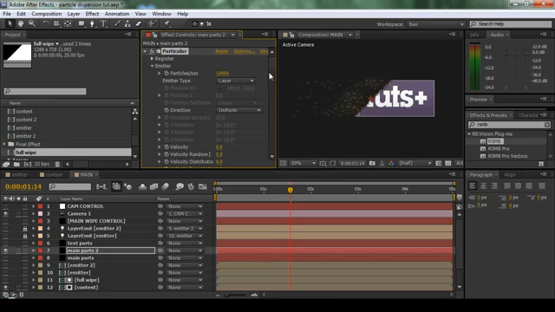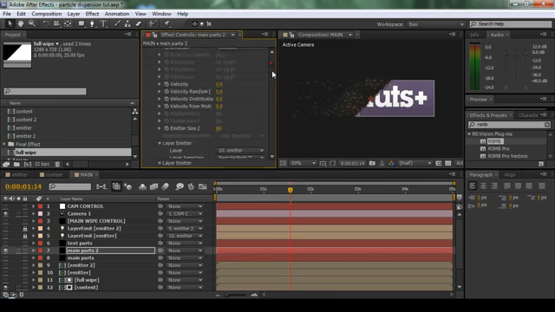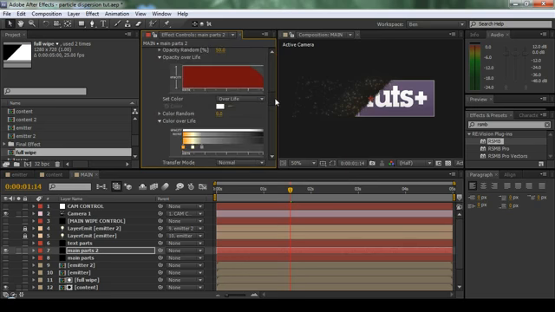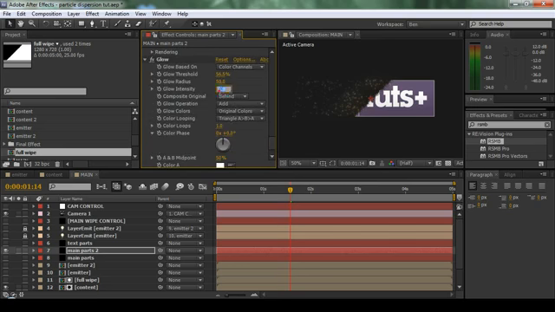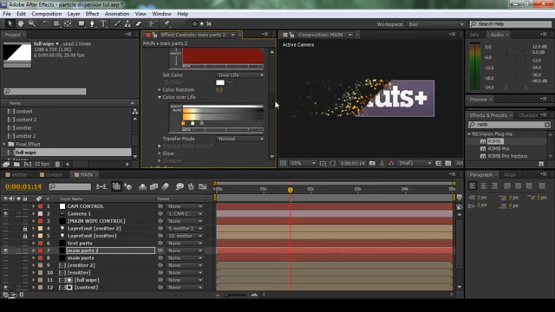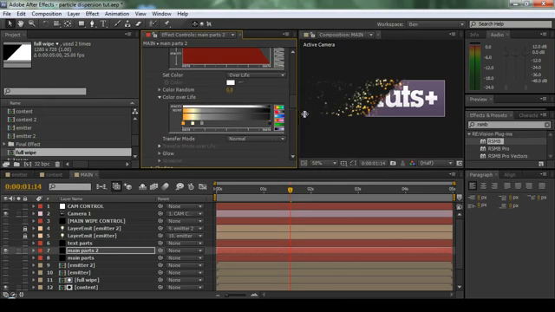Okay, so the main thing we need to do here is just tweak the gravity and the physics. So first, before we do anything like that, we'll go down to our glow. We'll pump that up to about 3, and we'll just drop this radius right down just so we can see them. Alright, and color over life, we probably just want it,